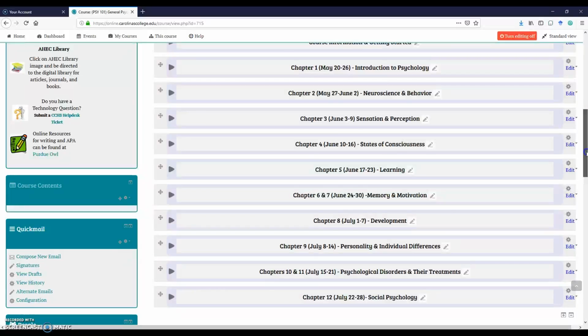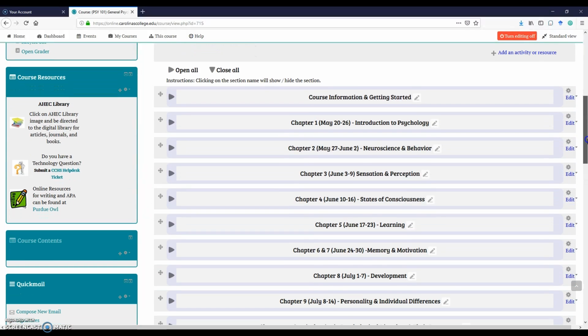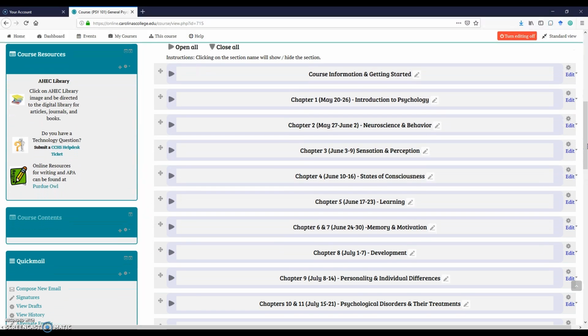There are, however, a couple of instances where we'll need to double up a little bit, but don't panic. I'm not saying that we'll cover twice as much material, because we certainly can't cover every single topic in the book, but we will again sometimes have to double up a little bit just in terms of getting through all the content that we need to for the course.